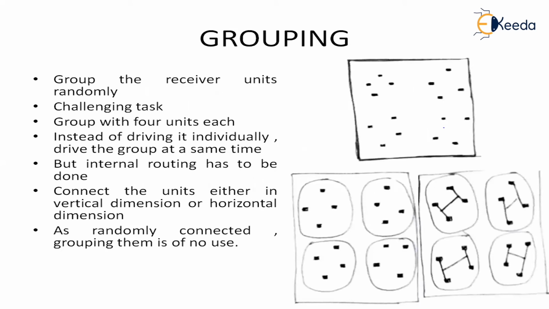The first technique is called subgrouping. Imagine that the block is a chip. Inside a chip there are various units, which are called receiver units. Now what I must do is, see, I have an external clock. This clock has to be given to my chip, so the internal clock has to be given to all the units. All the units are waiting for the clock. Now I can't just go and give the clock to all the signals like that. What will happen?